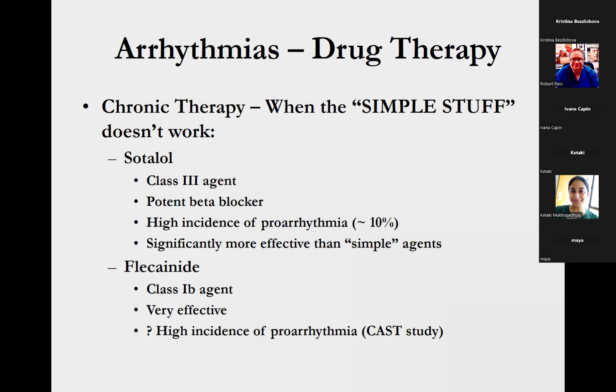The reason that it has gotten a bit of a bad name in the adult world is because of a study called the CAST study, which was a study conducted in the early 1990s amongst patients who had had a heart attack or myocardial infarction. So back in the 1990s, particularly in the first half of the decade, there was surprisingly little information regarding which agents were best to give to people who had a myocardial infarction.